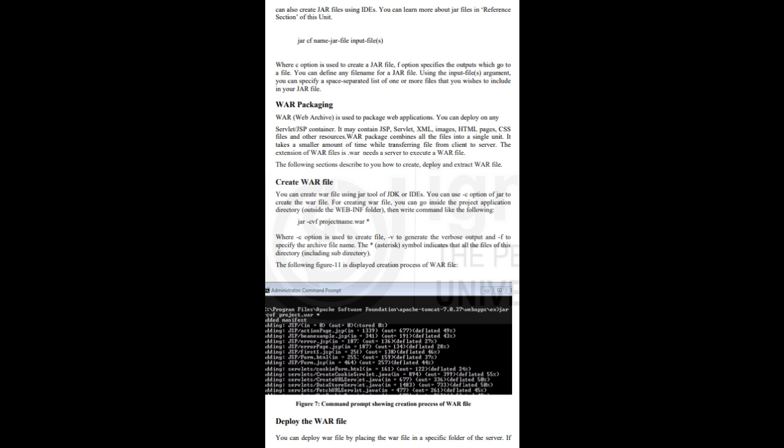First, you can create the announcement interface: public interface Announcement, void sendMsg. Now, you can create all three classes implementing the same interface as per the following codes. Facebook.java: public class Facebook implements Announcement, public void sendMsg, System.out.println, sending announcement through Facebook. Email.java: public class Email implements Announcement, public void sendMsg, System.out.println, sending announcement as an email. SMS.java: public class SMS implements Announcement, public void sendMsg,